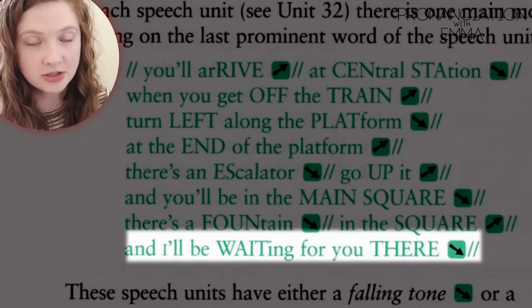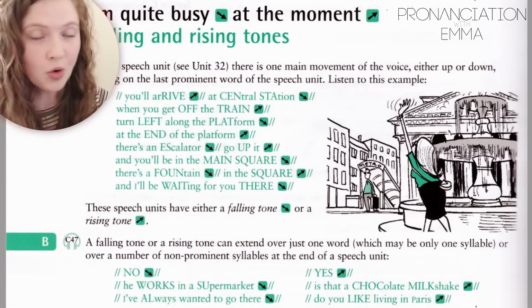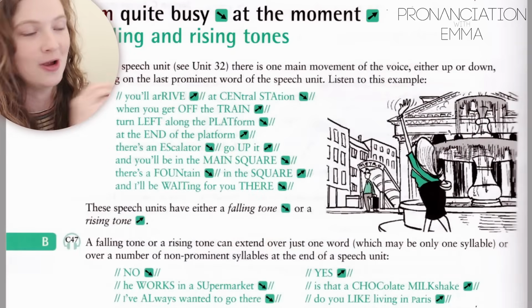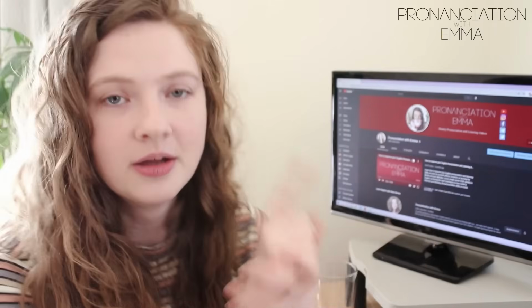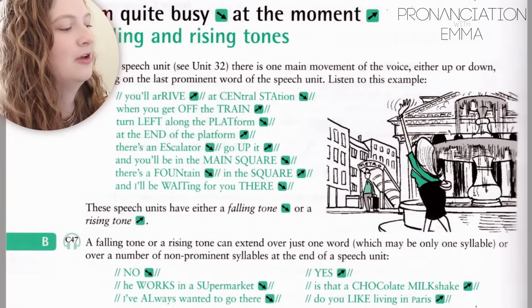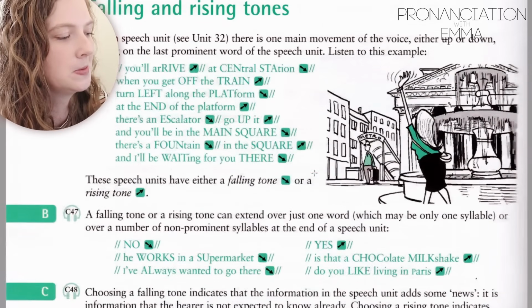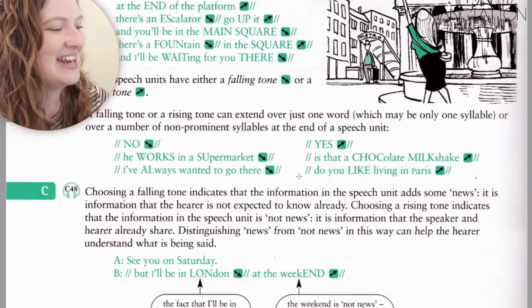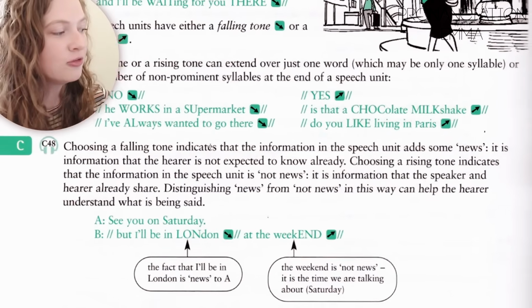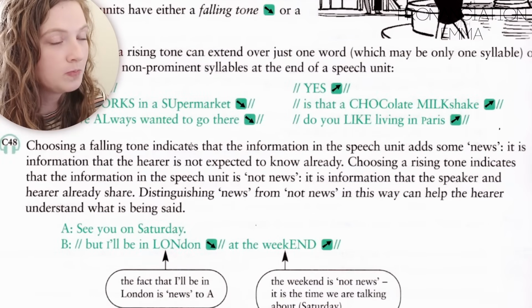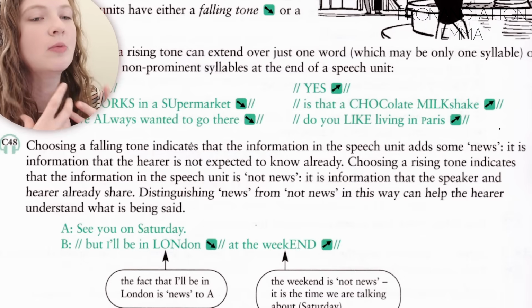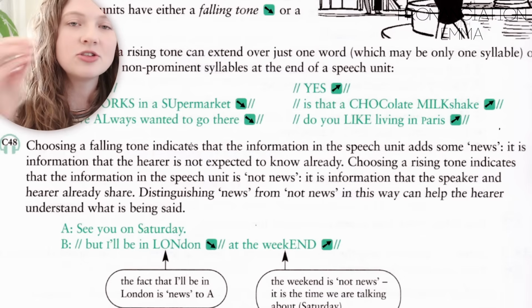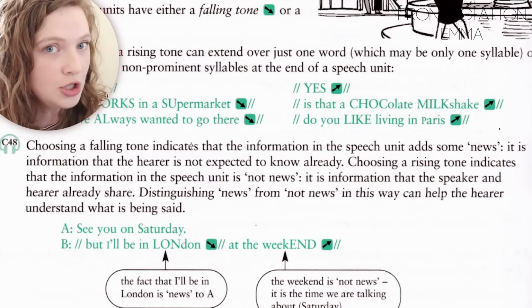So if you're still struggling with the tones, don't worry, we're going to sort that out in a moment. We're going to fix that because I know my private students struggle with the tones quite a lot. Firstly though, notice the rule. Any idea what the rule is? Well, if we scroll down a little bit here, we can see that if we use a falling tone when we're speaking, especially when we're giving information, it tends to be when we're adding news. So our intonation goes down when we're saying something new.